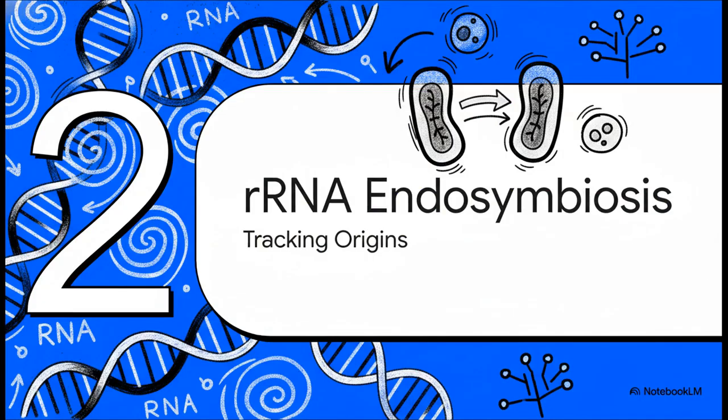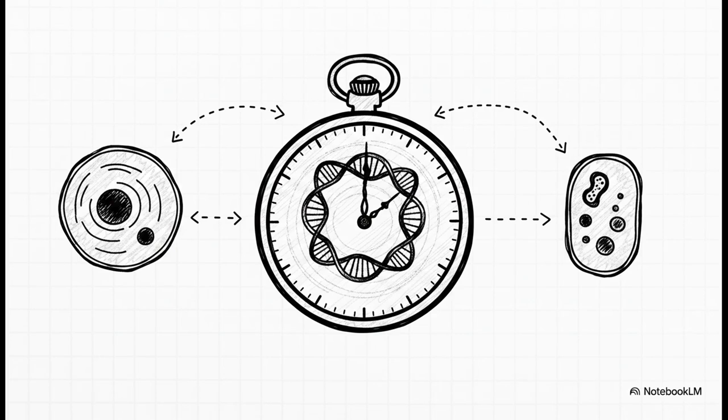Moving on to Section 2, the rRNA endosymbiosis evidence. Since we obviously can't trust our eyes, we have to turn to molecular data, which brings us to a huge breakthrough regarding the origins of the mitochondria. To trace the origin of mitochondria, researchers needed a highly conserved genetic sequence, right? Well, because ribosomal RNA, or rRNA, performs such critical fundamental cell functions, it's under intense selective pressure. It mutates incredibly slowly over millions of years, making it basically the perfect molecular clock. Researchers cloned and aligned 617 nucleotide positions from the small subunit rRNA to act like a genetic time machine, comparing a eukaryotic mitochondrion against major clades of bacteria.